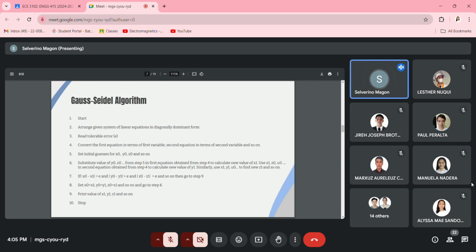Here we substitute the value of y0 and z0 from step 5 in the first equation to calculate the new value of x1. So same thing up to this point. But starting here, we will use instead the new value x sub 1 to solve for z0, and I guess there should be y0, no? So might be some typo here, but this should be